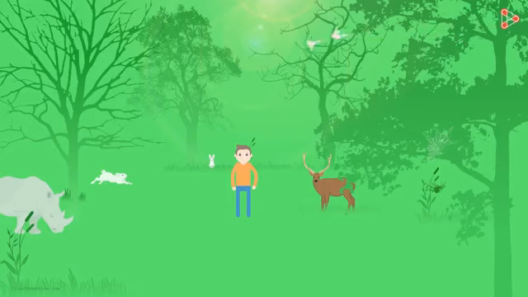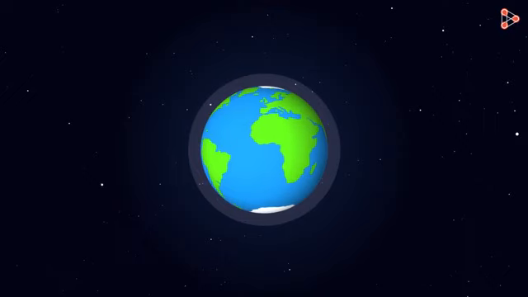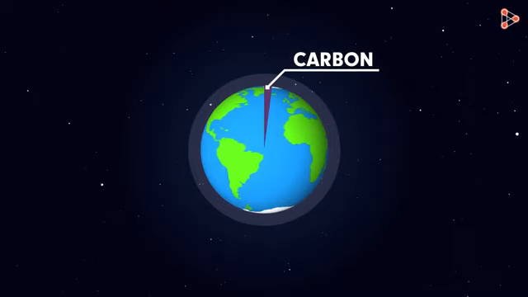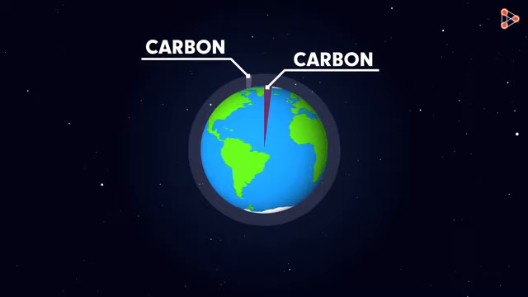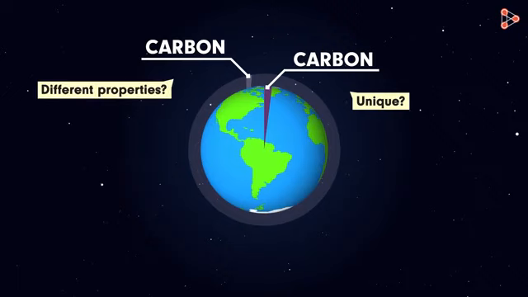But did you know that carbon is actually present in very small quantities in the Earth's crust and also in the atmosphere? That's the irony. In spite of being present in almost every compound around us, carbon accounts for almost less than 1% in the Earth's crust and in the atmosphere. But have you ever wondered what makes carbon so unique? What gives carbon the capability to have so many different properties?